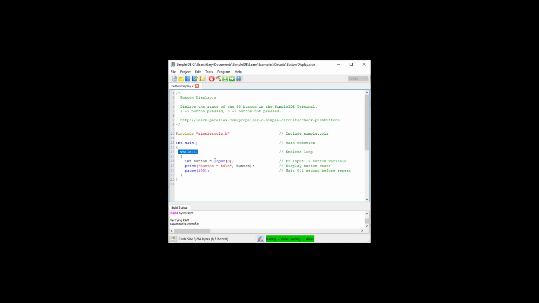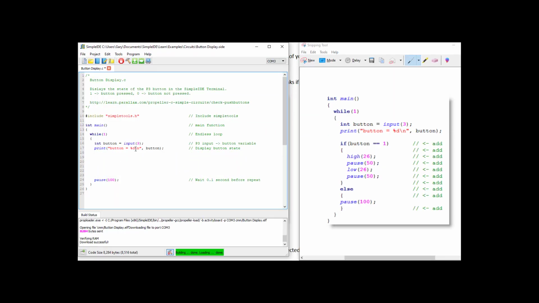and we're setting button, a variable, as an integer from the input of pin 3. So the pin 3 is either going to be a 1 or 0, depending if it's 5 volts or 0, and we're going to print everything within the quotations is text, %d is decimal, \n is a new line, and we're going to say what the variable button is in decimal. And we're going to print this out,